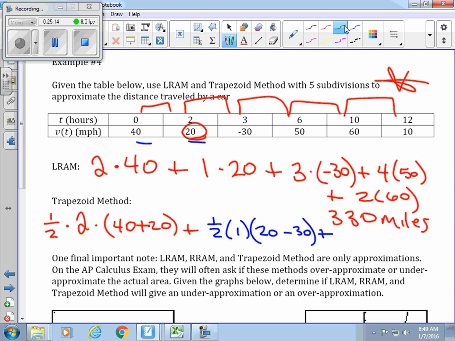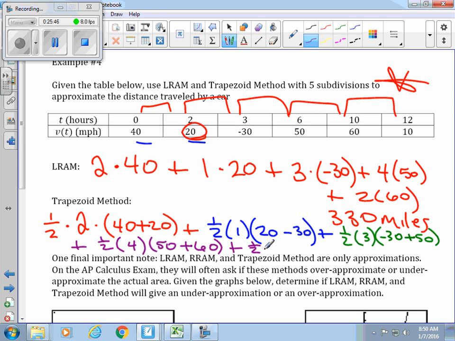Plus 1/2 times 3 times negative 30 plus 50. Plus 1/2 times 4 times 50 plus 60, plus 1/2 times 2 times 60 plus 10,